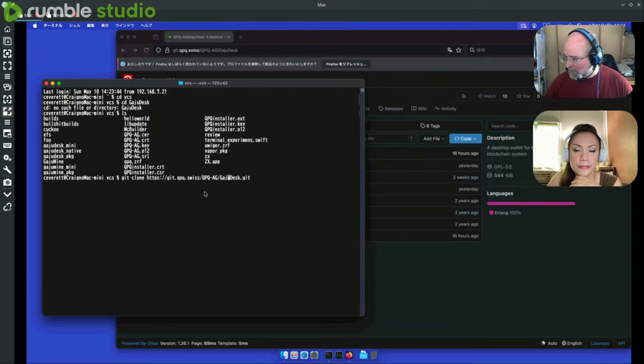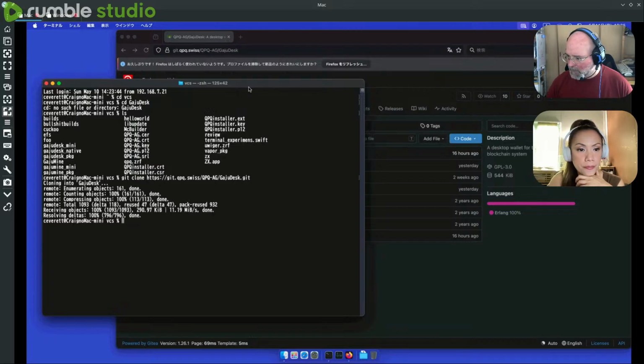Okay. Now I need to change that to, what's the remote number here? Oh, no, that's going to be right. I'm dumb. It's going to do it from HTTPS. So it is going to be get QBQ. I'm thinking the SSH has the port number and all that stuff. This should just go. It did. Really fast. Okay.